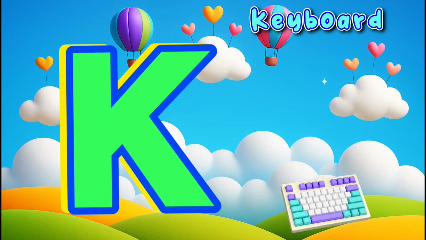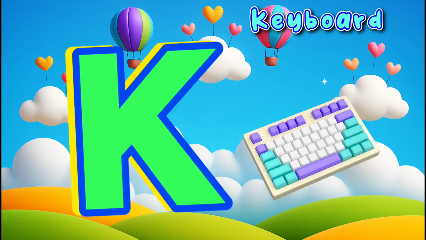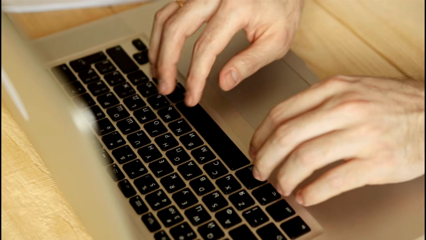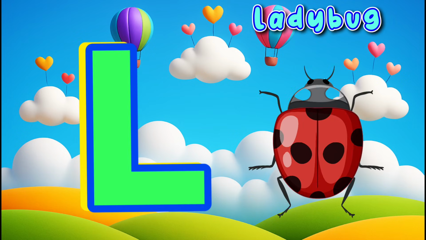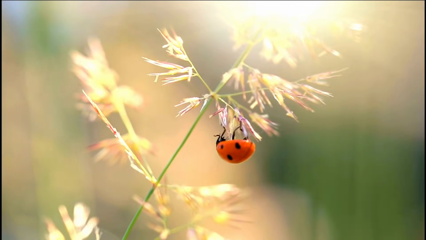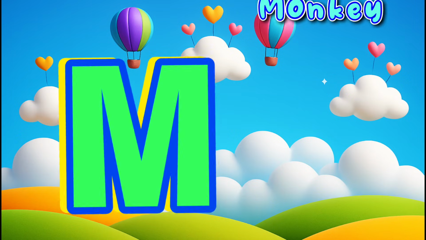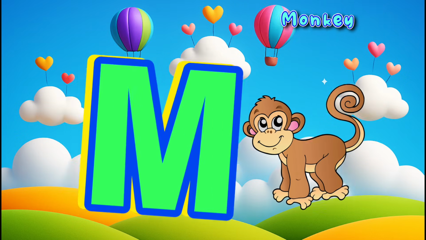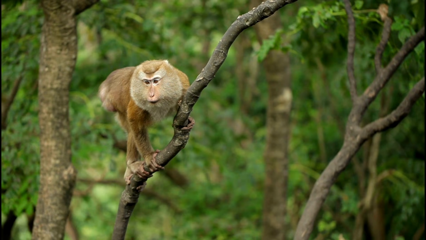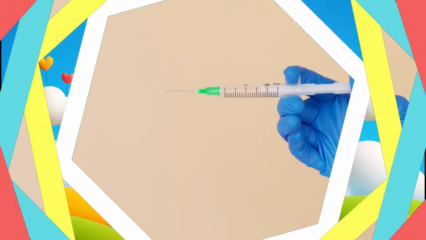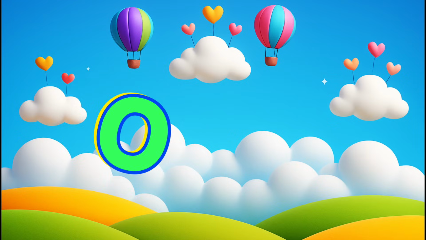K is for keyboard, keyboard, keyboard. Click keyboard. L is for ladybug, ladybug, ladybug. Tiny ladybug. M is for monkey, monkey, monkey. Monkey. N is for needle, needle, needle. Silver needle. O is for orange,